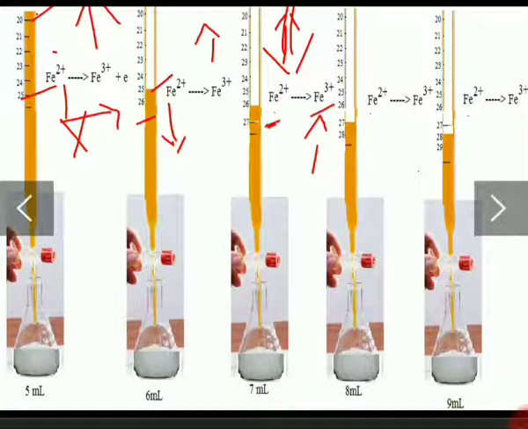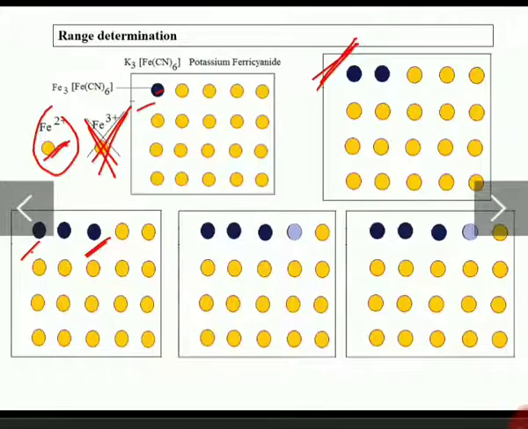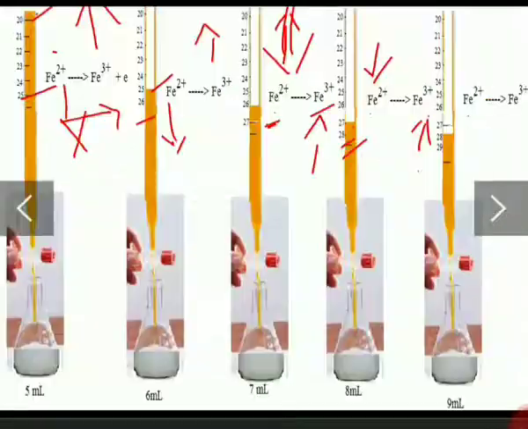Now the burette reading is 27. Add 1 ml, till 28. So the concentration of Fe2+ decreases, Fe3+ increases. Take a drop of sample using a glass rod, bring it in contact with the indicator. The indicator has produced color, but the intensity of the color has decreased. You can see the intensity of the color has decreased. That says that a small quantity of Fe2+ ions is remaining.